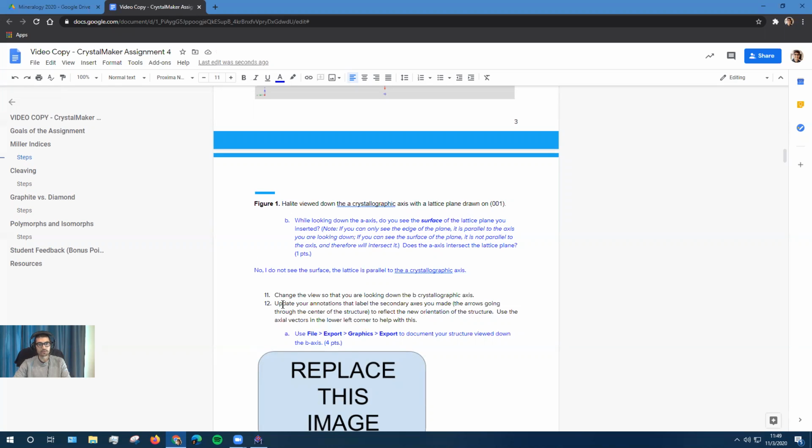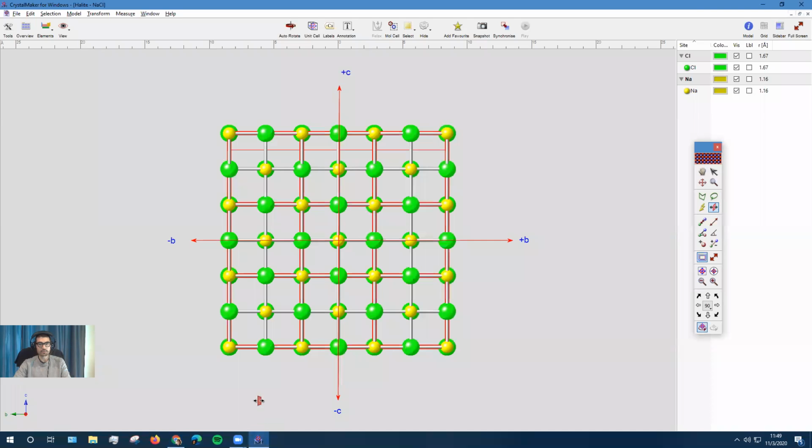Okay. So now we're going to change our view so that we're looking down the B crystallographic axis. So we're going to go back to CrystalMaker. We're not changing our lattice plane, but we are changing our view direction. So now we're looking down B. You can see my axial vectors have changed. B is going into the screen. A is running side to side. C is up and down. And so we still see the edge of my plane,